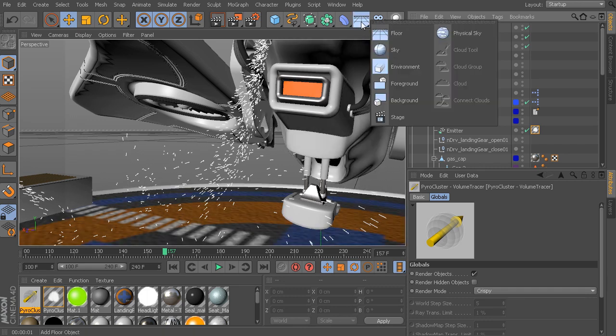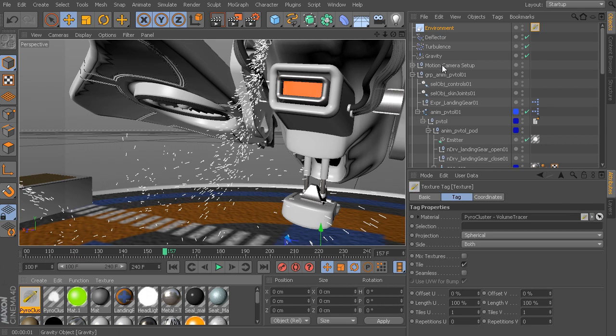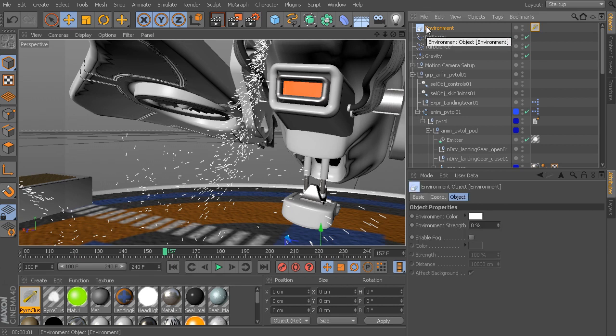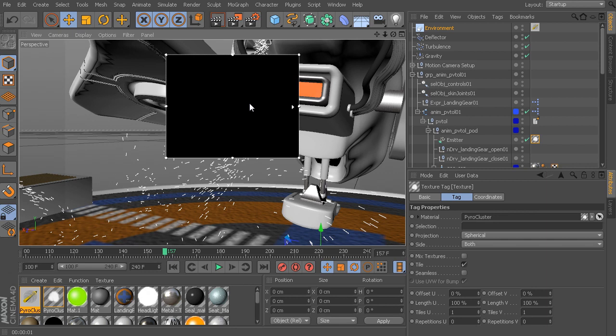So let's come up here. Let's drop in just a simple environment. And now take that Pyrocluster volume tracer, click and drag that onto the environment. Okay, so now this has basically told Cinema 4D that it needs to calculate this Pyrocluster material. And now, once again, if I press Alt-R on my keyboard,